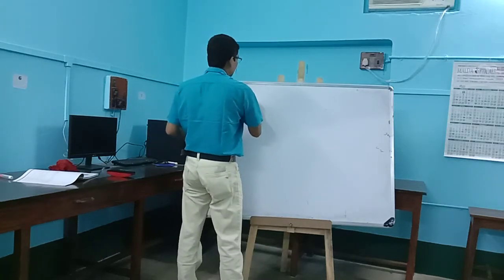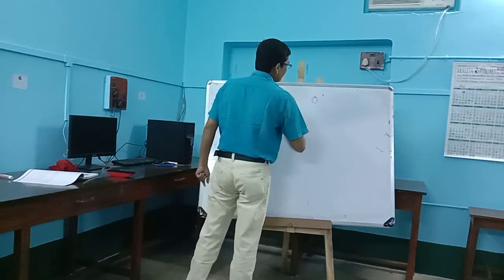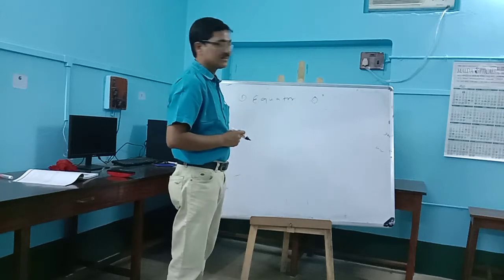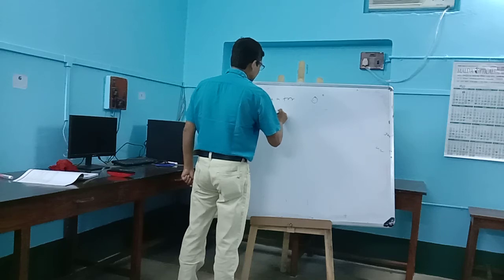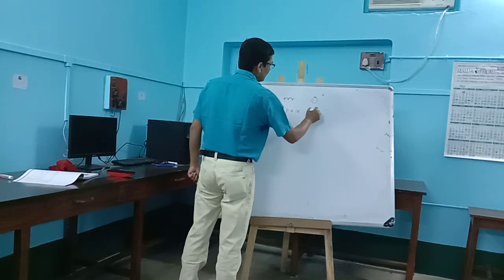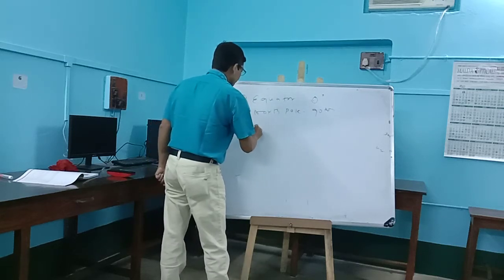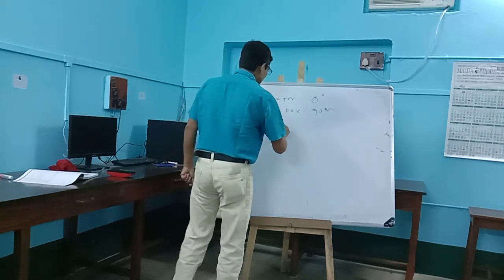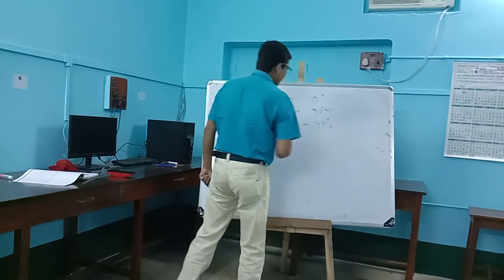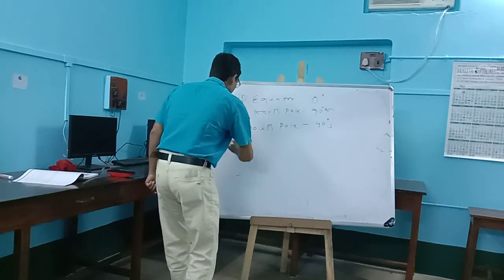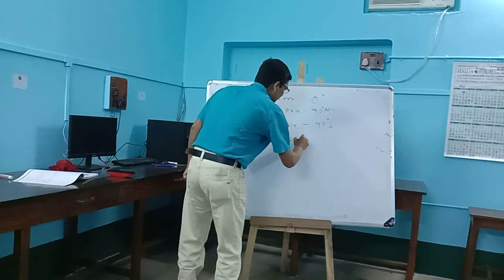Number one, the equator, 0 degree. Second, the North Pole, 90 degree north. Third, the South Pole, 90 degree south. Fourth, the Tropic of Cancer,